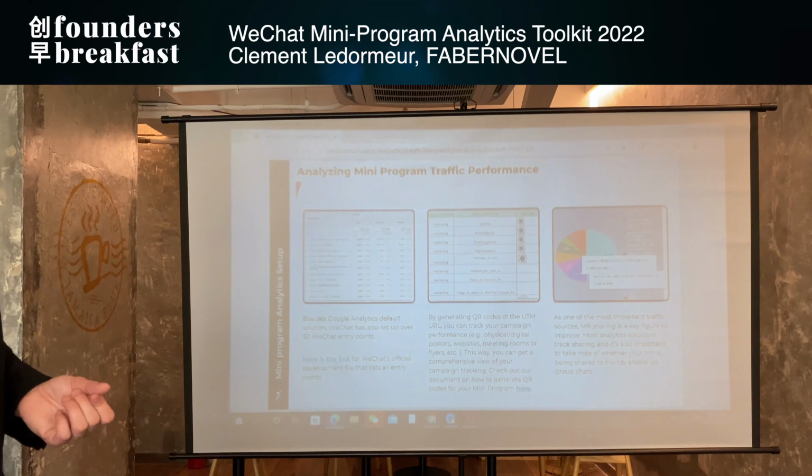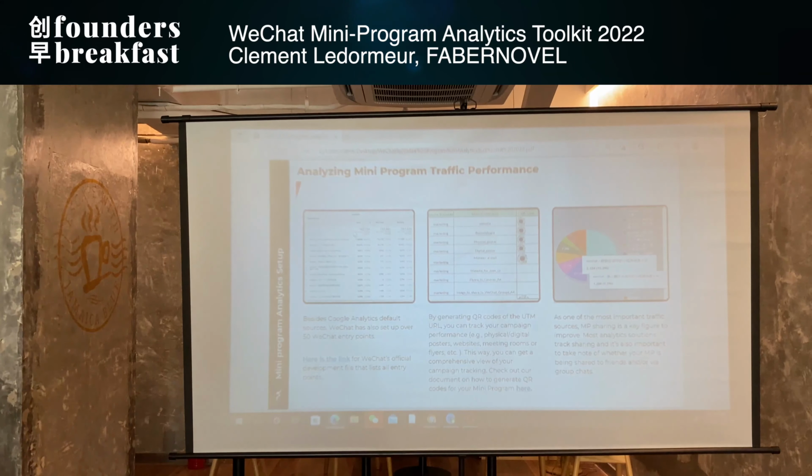On how you set up your analytics, usually, for example, a brand will do a campaign involving KOL costs. I spend on the KOL, this KOL brings me traffic on this mini program, and I want to see the conversion. So what we do is we try to do a unique QR code for each KOL, each platform, each post, each click that could be, to really identify the best source of traffic.